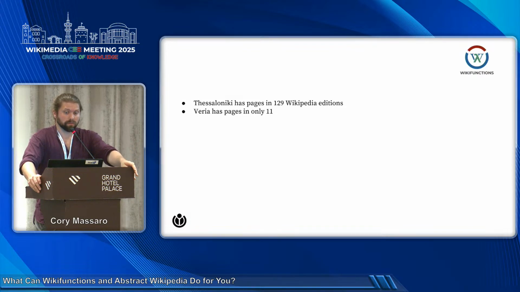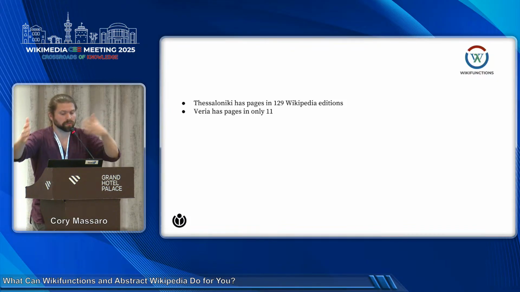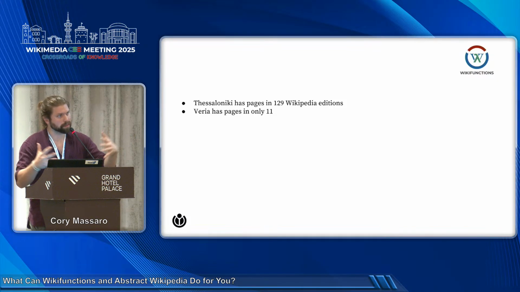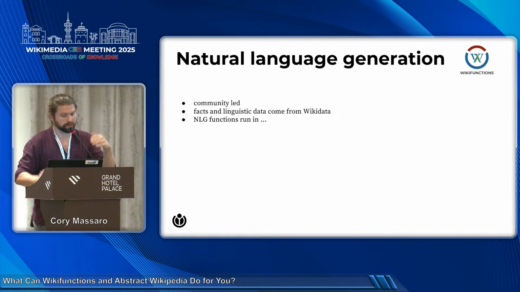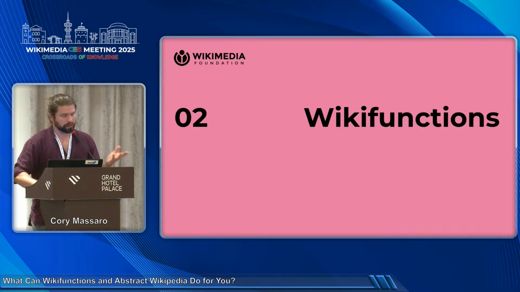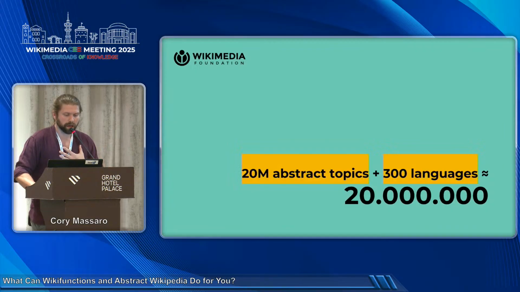Beyond that, an LLM is something you don't have control over. I mean, there are ways, right? There is research into how you coax the LLM into doing the thing you want. But at the end of the day, an LLM runs a little contrary to the notion that this is going to be community-led. Which is not to say it would never participate in this. There are ways we're thinking about how an LLM could be used for parts of it, and even how to make an LLM that would be a little more consensus-driven. But that's not the state of the art with LLMs. So those are the reasons.